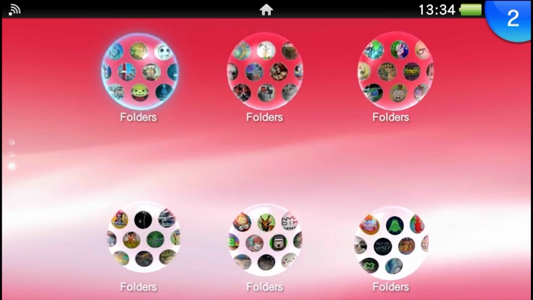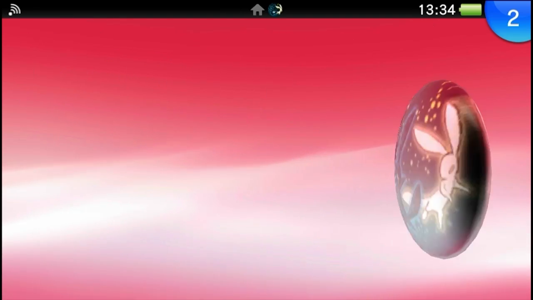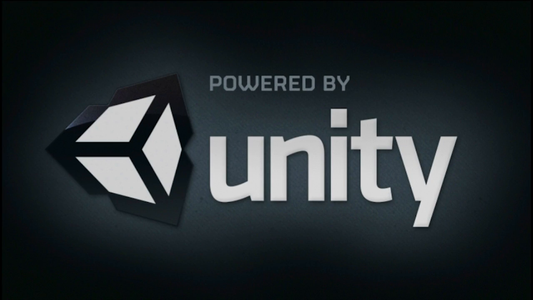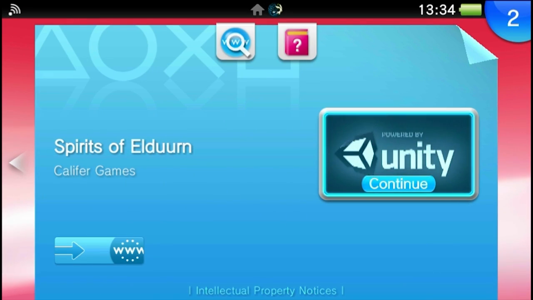Let's move on to the next game nice and quick. We got Spirits of Eldurrn. That R and that N together is not a very good font choice. If we go and look at that again, if you move your face far enough away, it looks like Spirits of Eldurrn, which is...